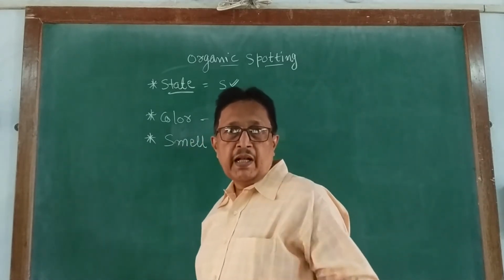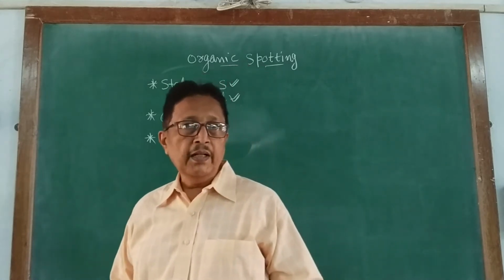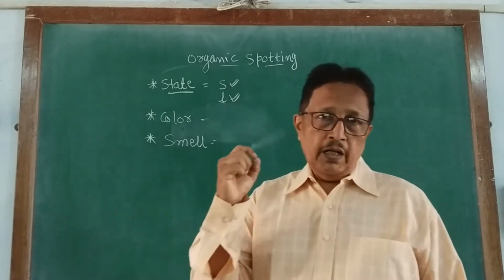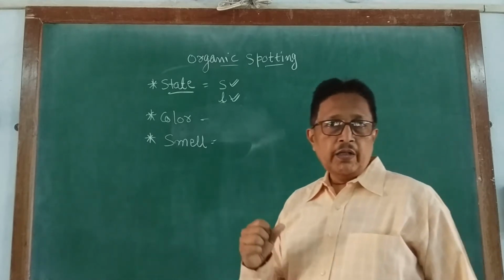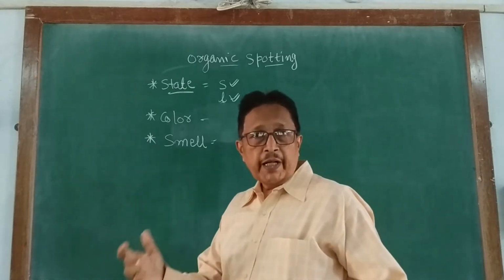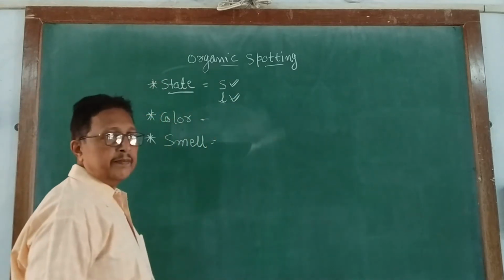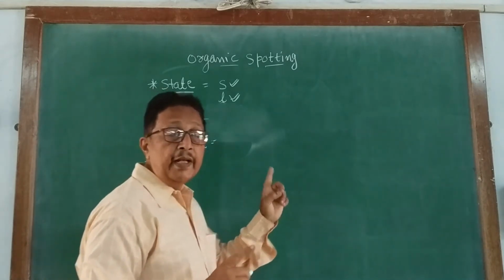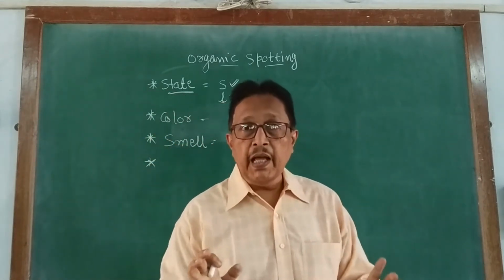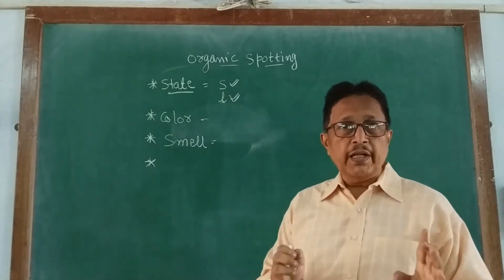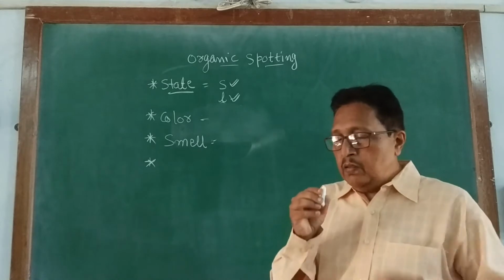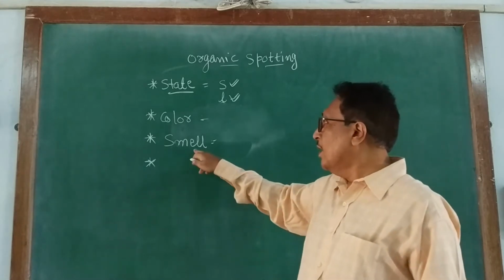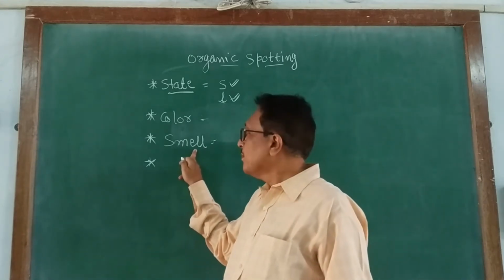It may be a smell-less substance, there is no smell, or a naphthalene ball-like smell, or a bitter almond-like smell, or a pleasant smell, whatever type of smell, you have to write it. But remember one thing, when you check for any smell, smell slightly. This is the precaution you have to take.